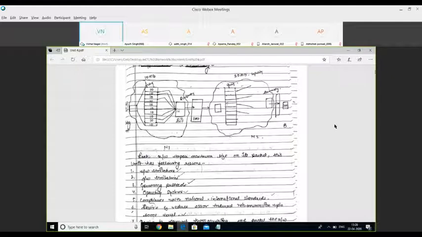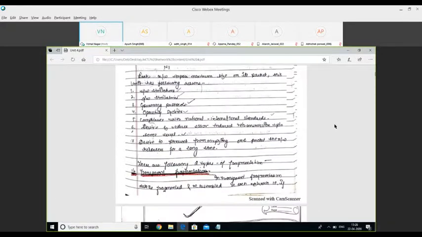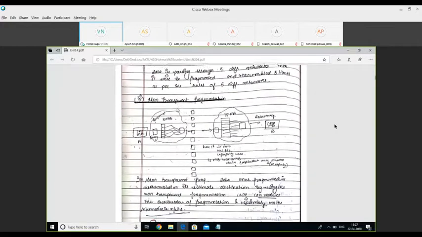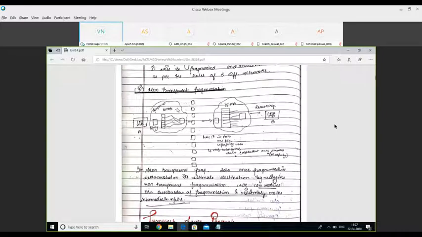Now, what is non-transparent fragmentation? In this case, once the 100 MB data has entered network N1, we divide this data into 10 MB pieces, and when the data moves across this network and gets out of it, we are not going to recombine the data.